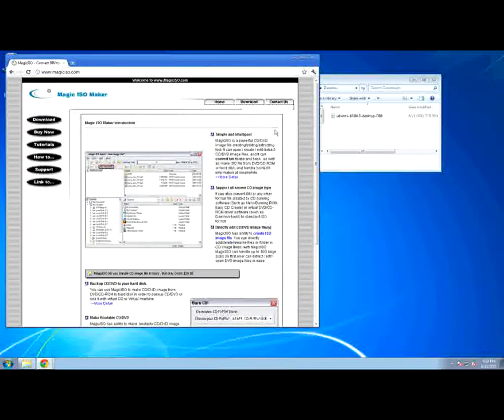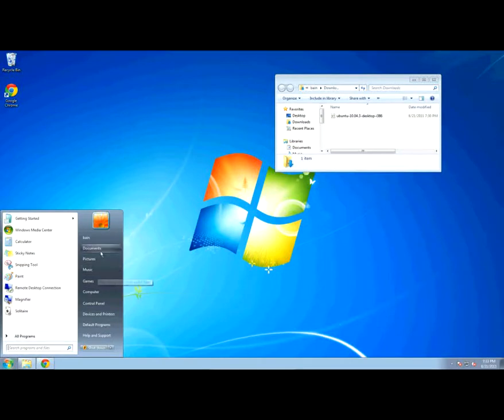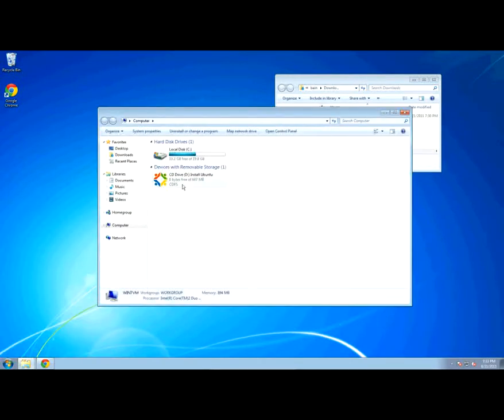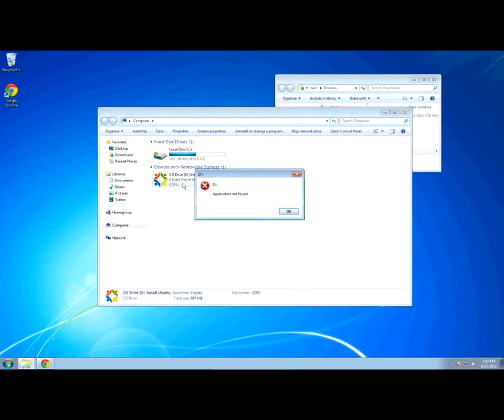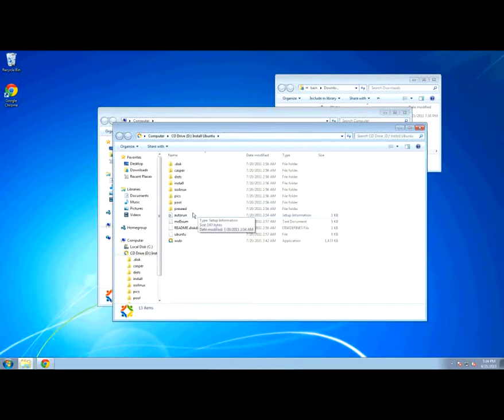Okay, moving on. After you've managed to burn the CD, you're going to want to reinsert it into your CD-ROM drive, and I've already done that. So here it is. Since you're in Windows, all you've got to do is run the setup utility. If you double-click on it, it may not necessarily work. If it doesn't want to start right away, like it's doing here, just open a new window, and then double-click Wubi,